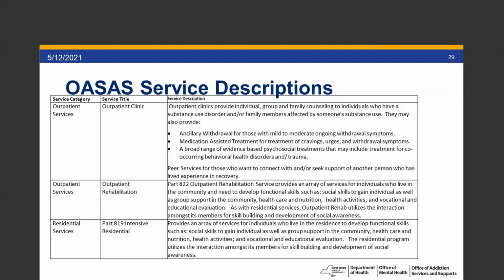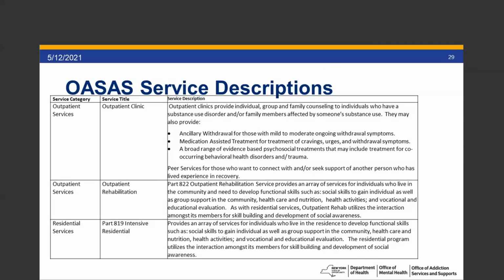And now for the next program type, which is residential services. We have affectionately referred to these as Part 819 services. So there are 3 different levels of 819 residential services. The first up is intensive residential. So this is looking at individuals who need more support in their recovery, including 24 hours of structured living within a